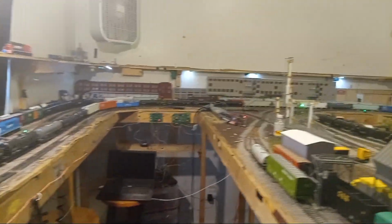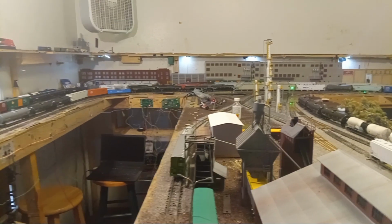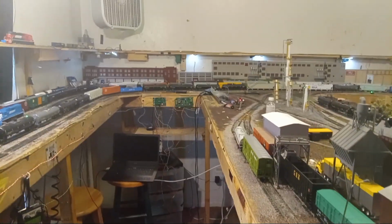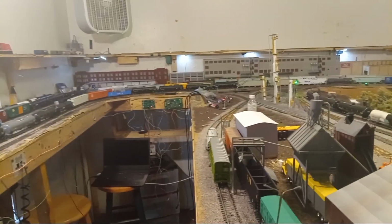The next thing was to set up the connection from JMRI to the Digitrax system, and doing it remotely, which turns out to be the simple part of doing this, was just changing it to remotely. And then finally